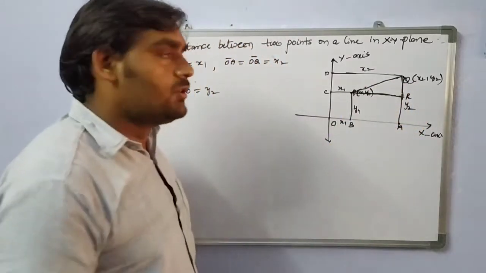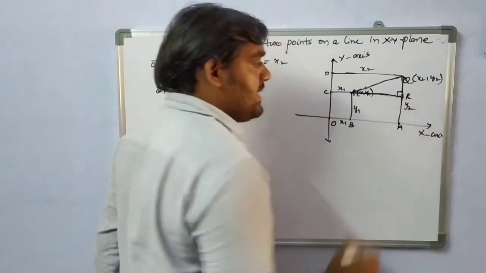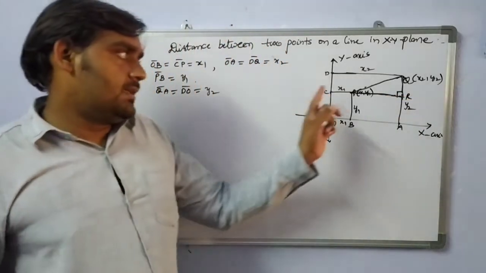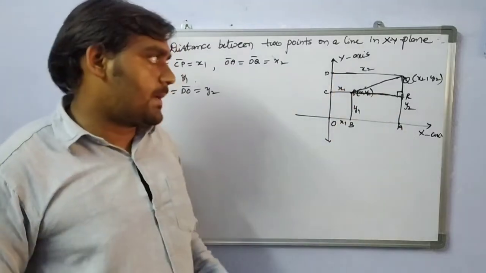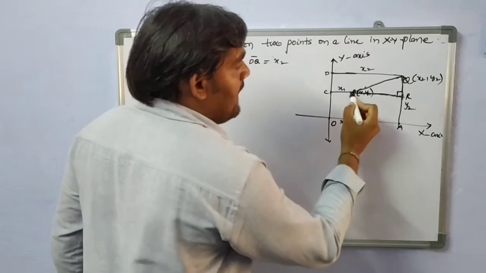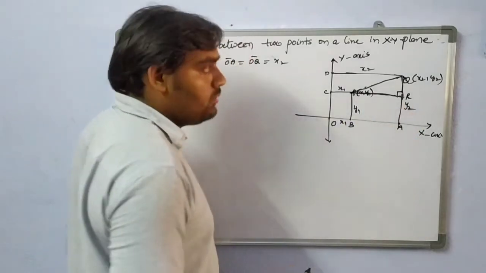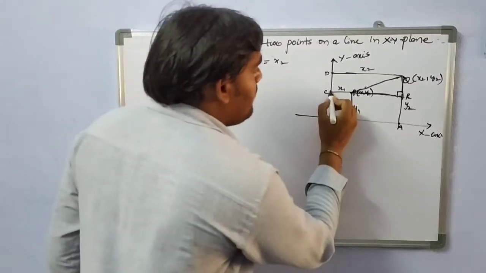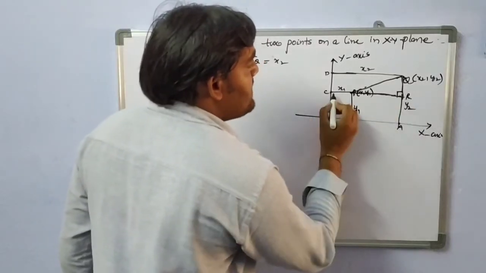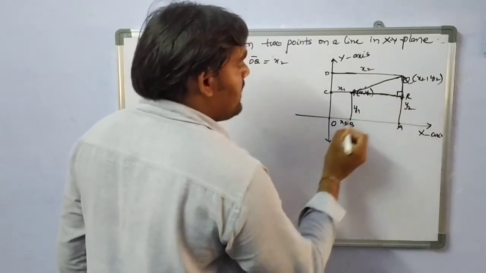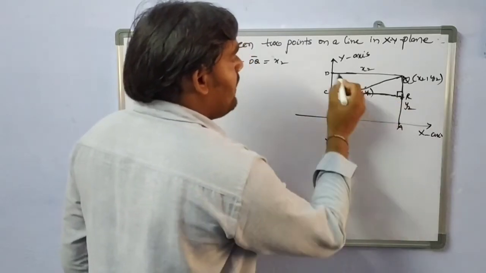PQR triangle. So here we will get 90 degrees, a right angle. Now you will get a right angle triangle, that is PQR, right angle at R. After that, what is the length from P to R? We have to know. After that, what is the length from Q to R? We need to find. See here, from here to here, C to R is x2, because C to R is same as O to A.